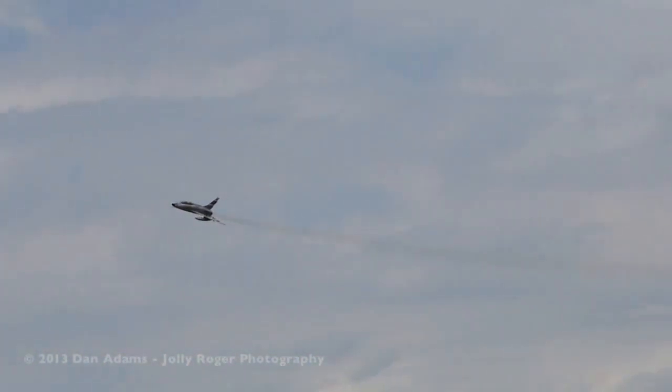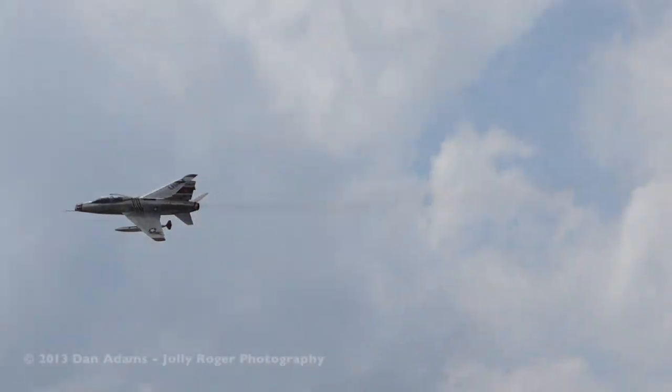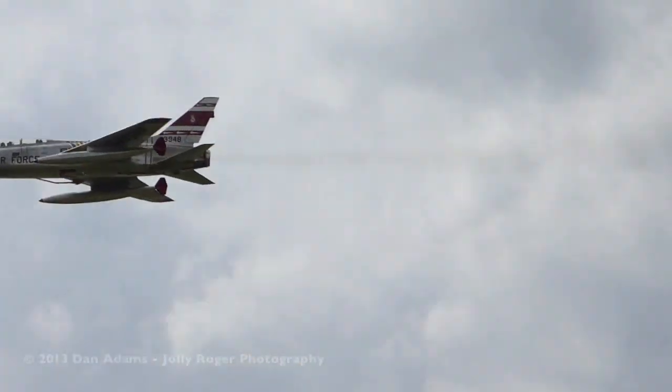100 Super Sabre. Right. The engine, a J57